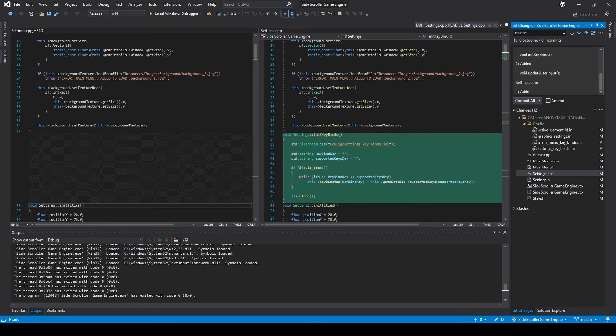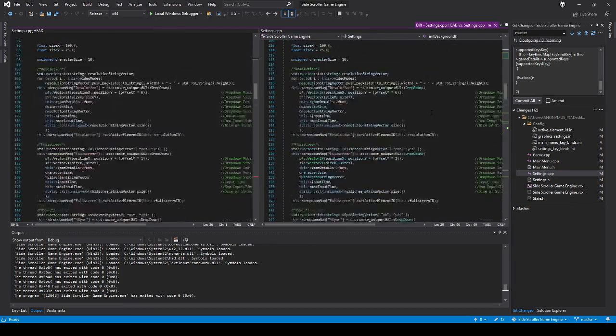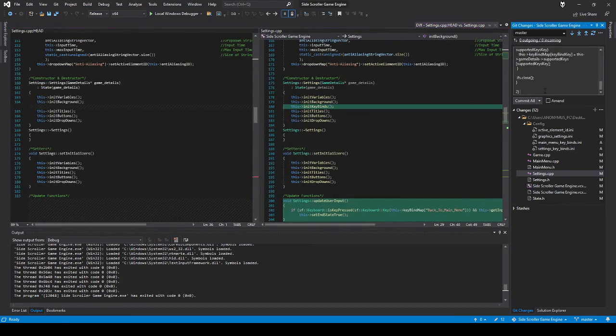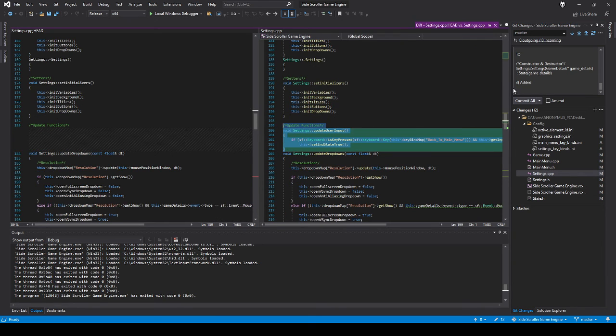We added this, and then 2, we added this, 2, this, and then 3, we added this, and then 4,